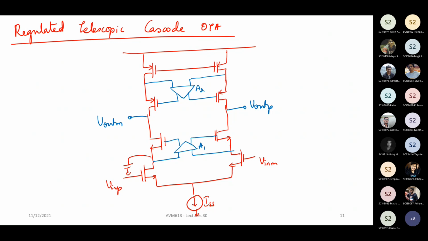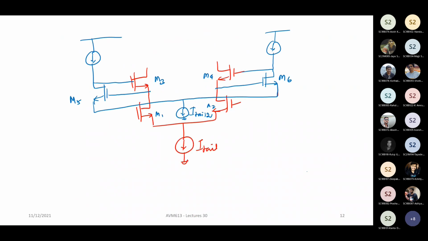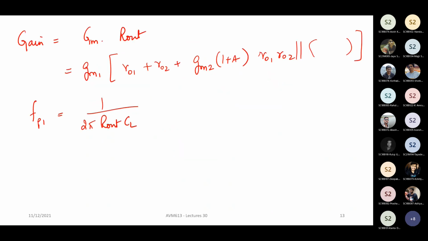In the book there is a more elaborate derivation of the frequency response. You will see that because there are two paths here, you'll have a 0 and an additional pole also. But if you were to compare this, you can say that it's going to look something like this.